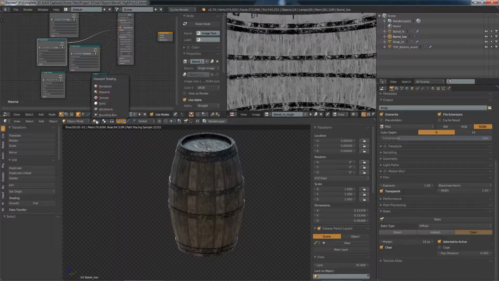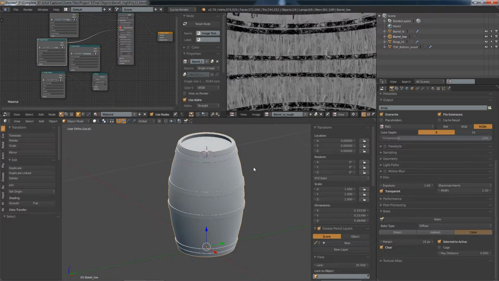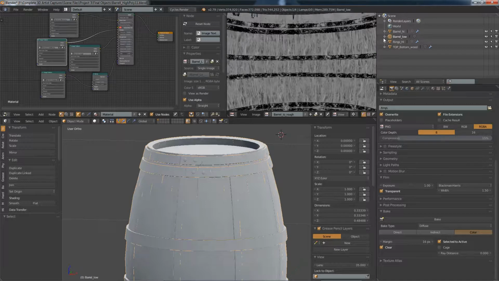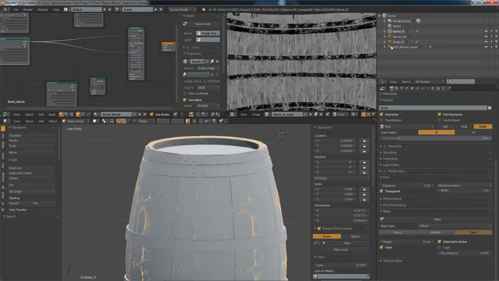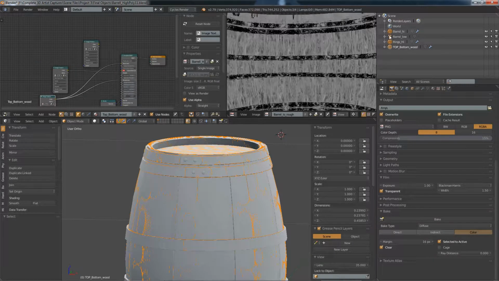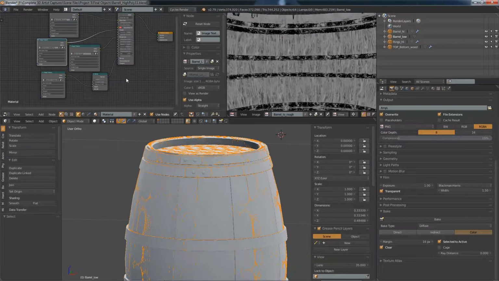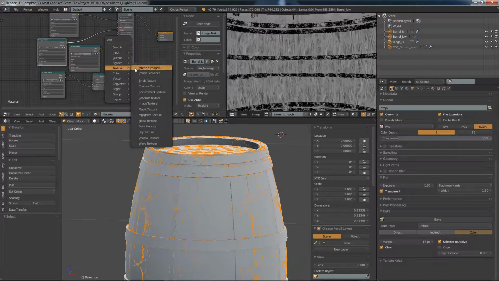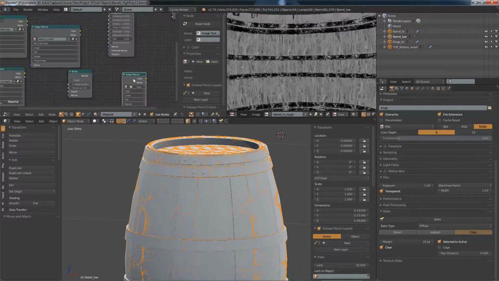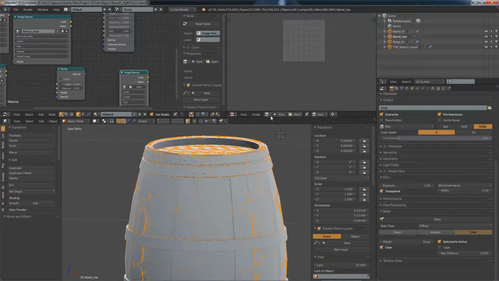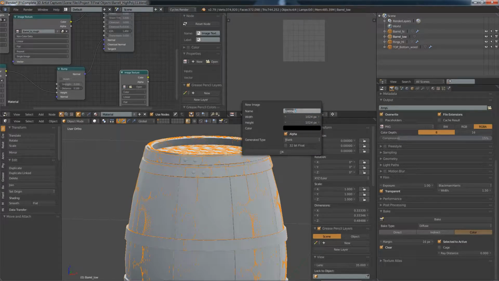Let's go back to solid mode. Let's unisolate everything. Now what we want to do is select all our high poly objects. Then select our low poly object. We want to again create an image texture in here. We'll clear this and create a new image, and we're going to call this barrel